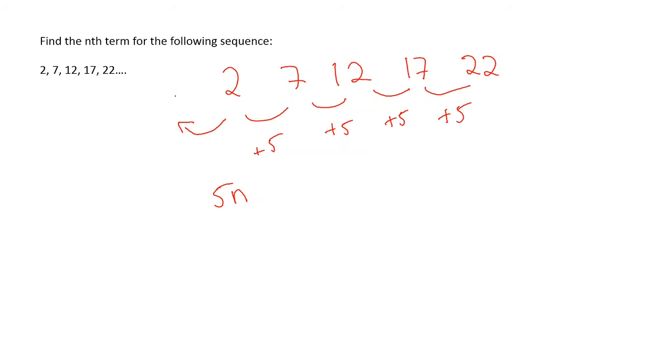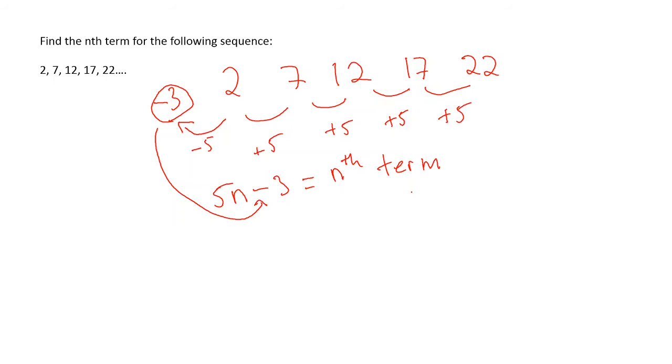If I go this way, what number would be here? Notice how it keeps going up by 5. So if I'm going to the left, I have to be taking away 5. So this number here would be a minus 3. I need to take that whole number and just put it here. So this 5n minus 3